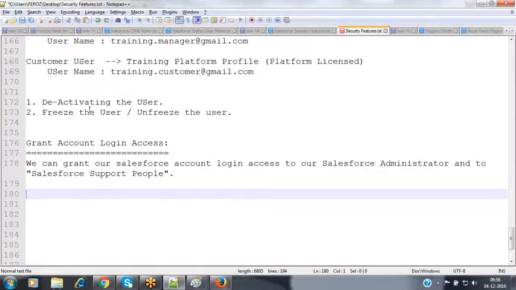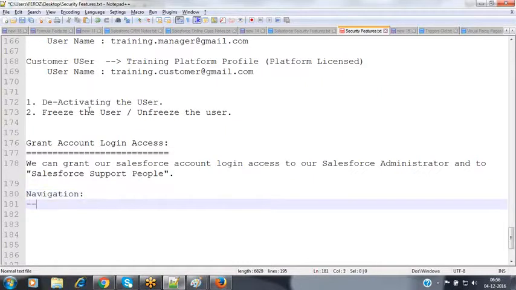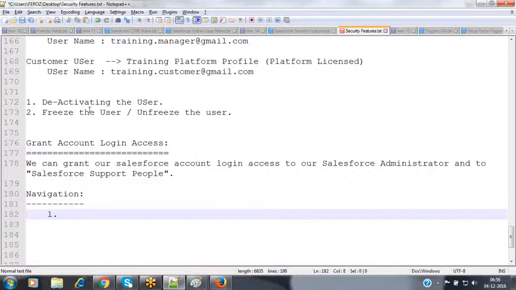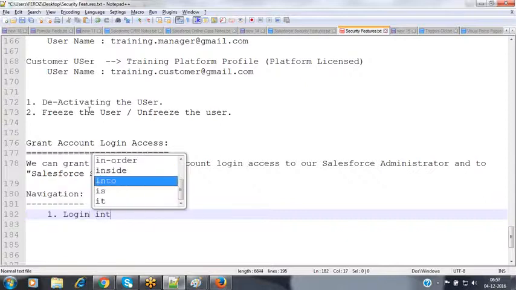Now as a developer, he may be a development user, a testing user, a manager user or anybody, they have to log in to their account first, and then they have to go to the specific navigation, and they can grant the account login access here. How can we grant the account login access? Now let's see practically over here and what will happen in this case. Now the navigation process. Login into